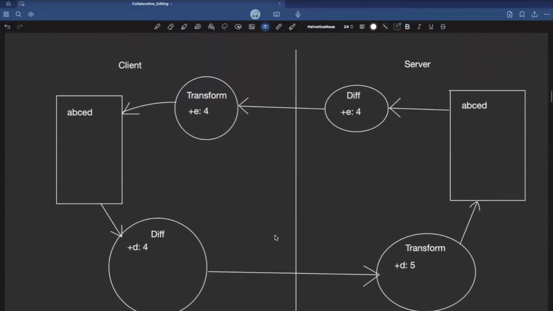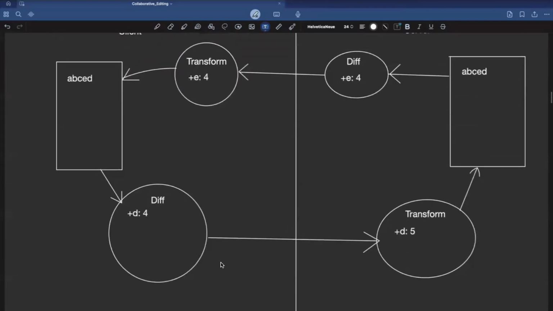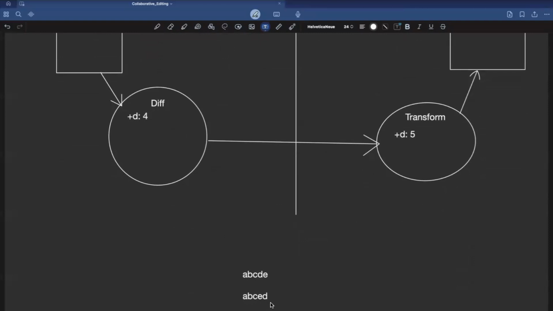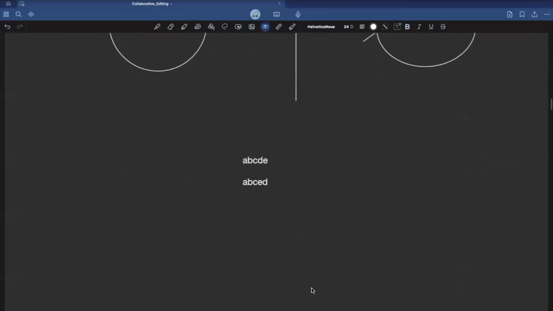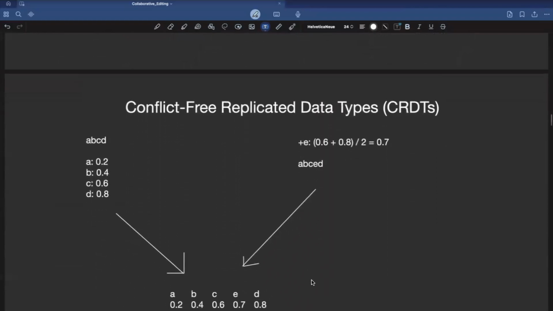However, there could be a case where, based on the order in which the requests arrive, the diffs arrive on the server side or even on any client side, the ordering could vary as ABCDE or ABCED based on the order in which it has arrived. So to avoid this situation, let's see how conflict-free replicated data types, or CRDTs,